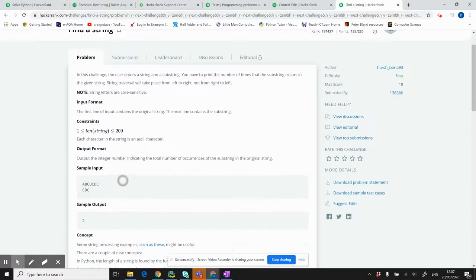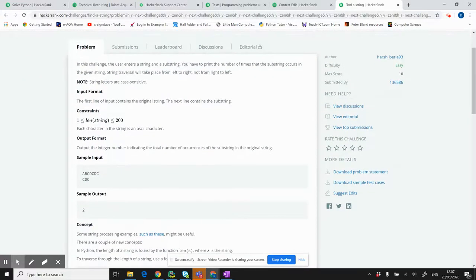Right, okay, so this problem is asking us to count the number of substrings in a larger string. For instance here, they've got this string A, B, C, D, C, D, C, and we want to count the number of occurrences of C, D, C. So in other words, what we want to do is go through this and say, first of all,